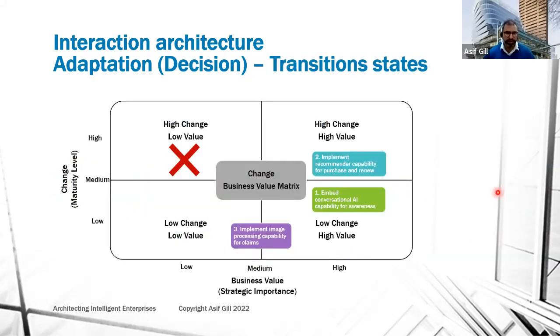Further, those three things I identified, initiatives, transition state, I can map onto my decision matrix. Here's an example of a decision matrix. There's a change, and then there's a business value, low to high and low to high change. Here we have a high change and high value. And here we can have the box where we can organize our initiatives where we have a low change but the high value. These are pretty much a low hanging fruit.